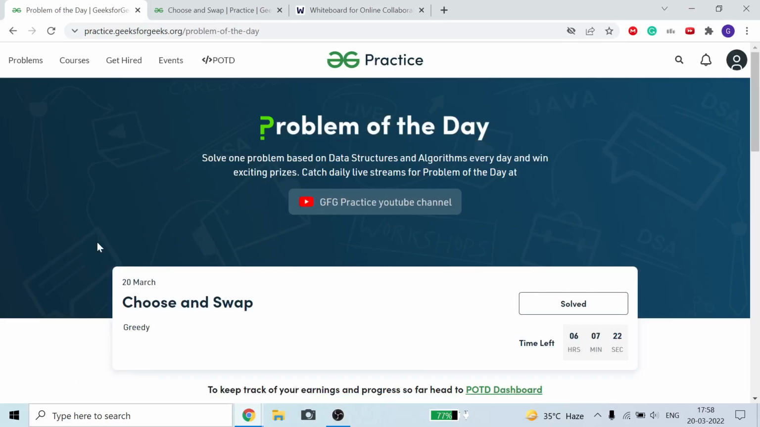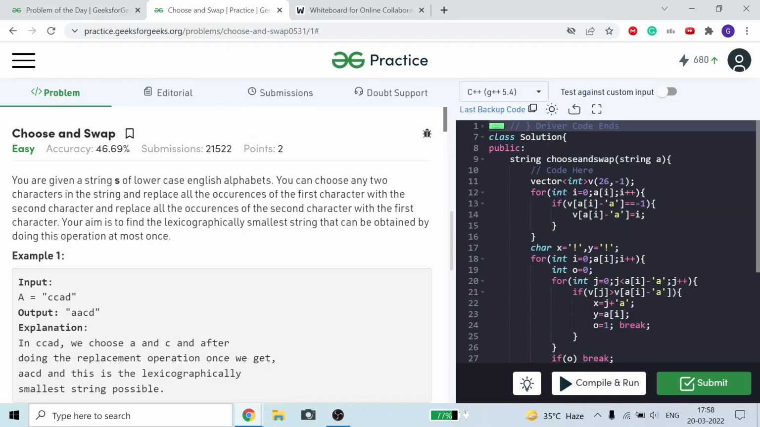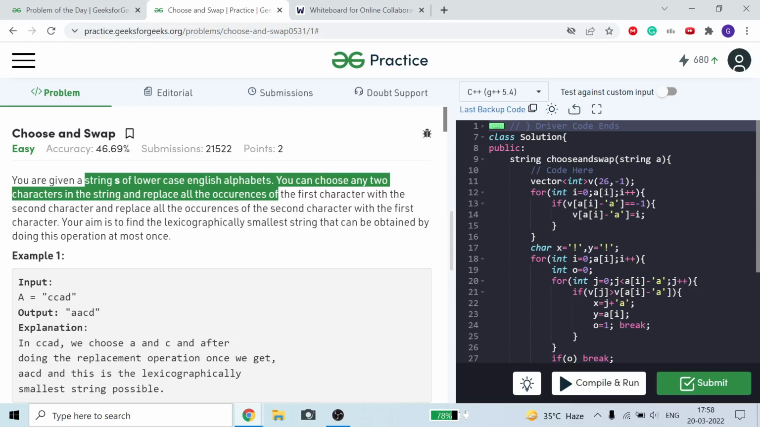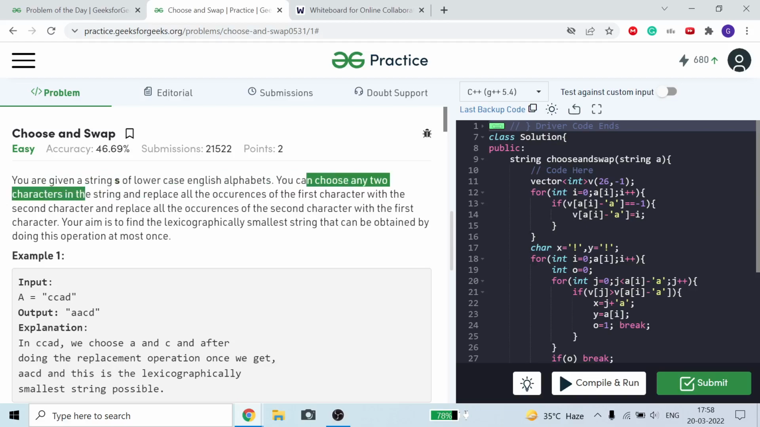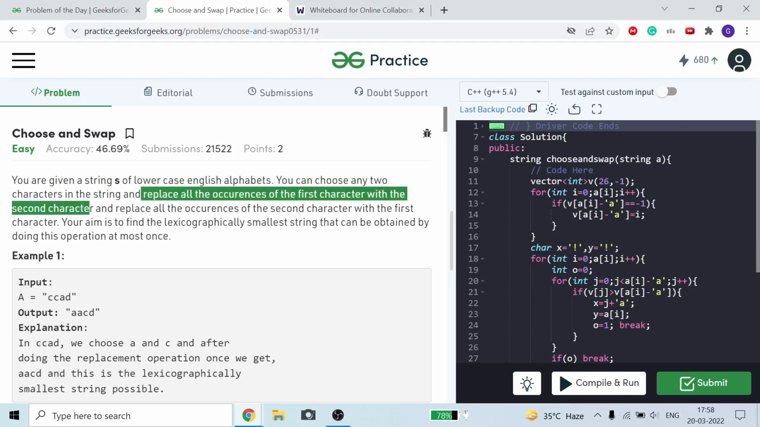Today we are going to discuss this choose and swap problem of the GFG. So in this problem, we are given a string S of lowercase English alphabets and we have to choose any two characters from the string and we have to replace all occurrences of the first character and second character with